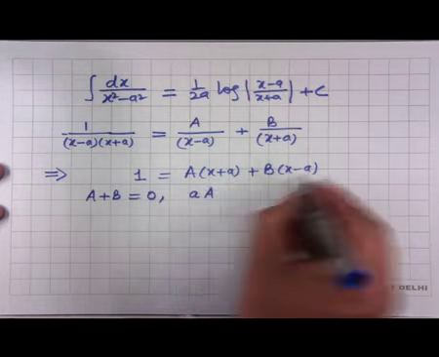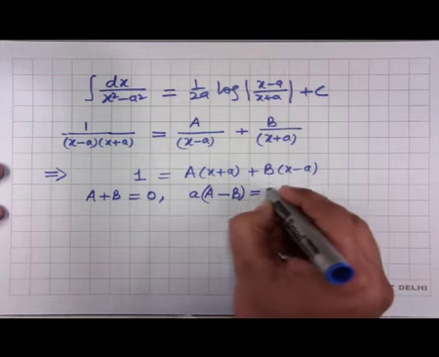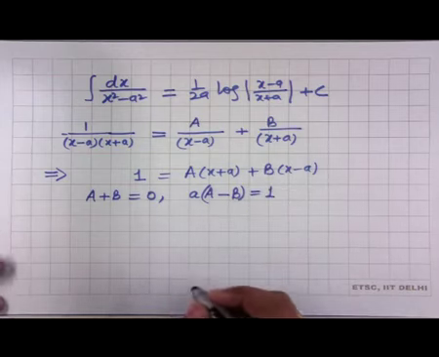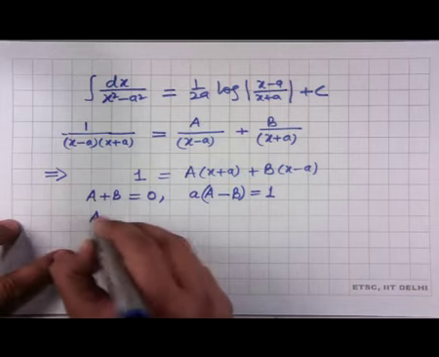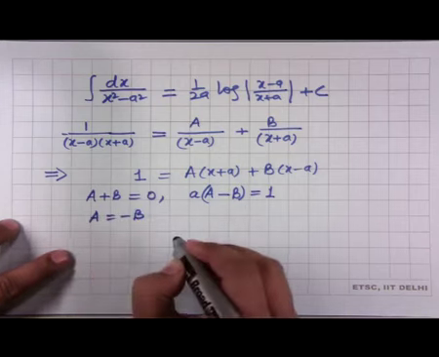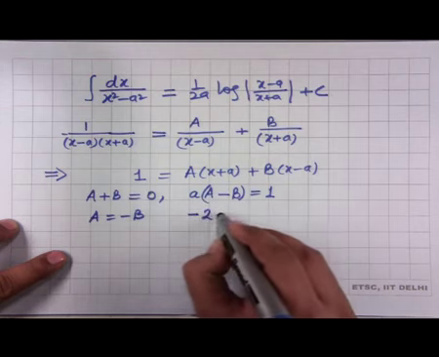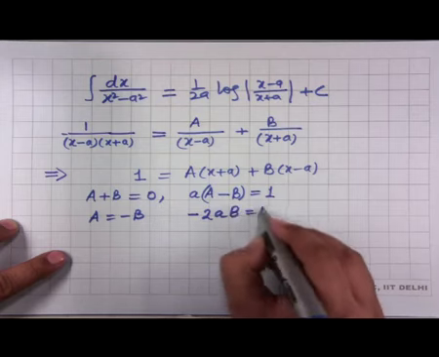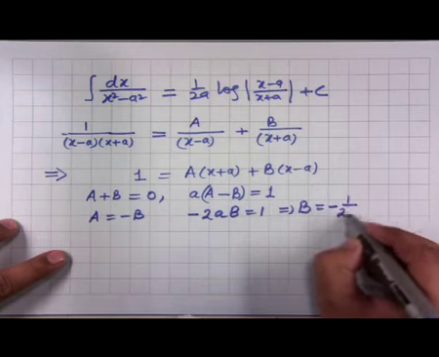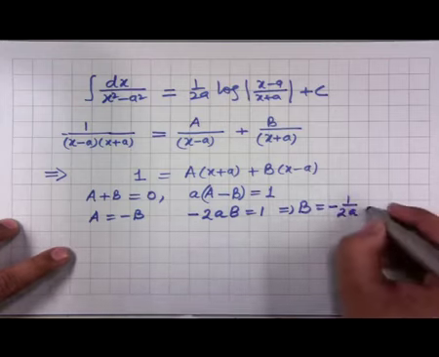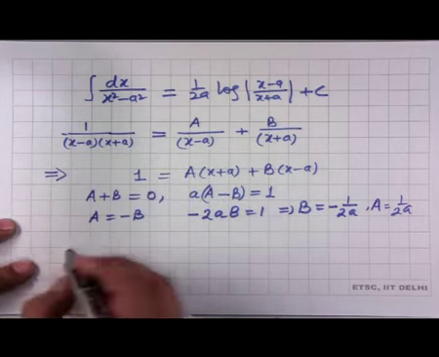A a minus B a, so a can be taken as common, equals 1. So, from this expression we can figure out that A equals minus B, and if I substitute A equals minus B here, what I get is minus 2 B a equals 1, which will give me B equals minus 1 by 2a. Since A is equals to minus B, therefore, A is equal to 1 by 2a, and therefore, this expression,